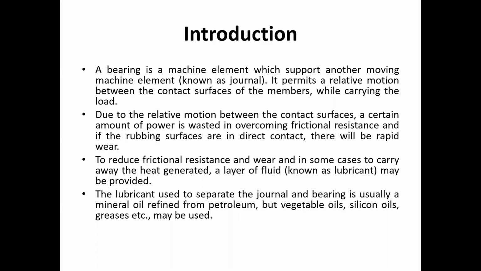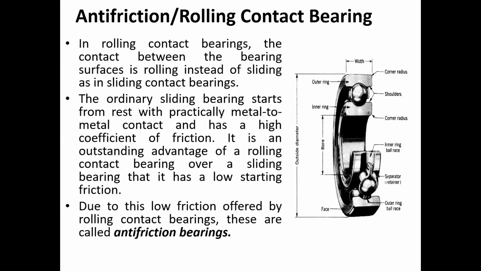Now we come to the rolling contact bearing. These rolling contact bearings are also known as anti-friction bearings. If we go for the construction of a rolling contact bearing, this bearing has four main parts, or rather you can say three main parts. The fourth part is the supporting part. Okay, so the first part is the outer race. This outer ring is the first main part. It is also known as the outer race.